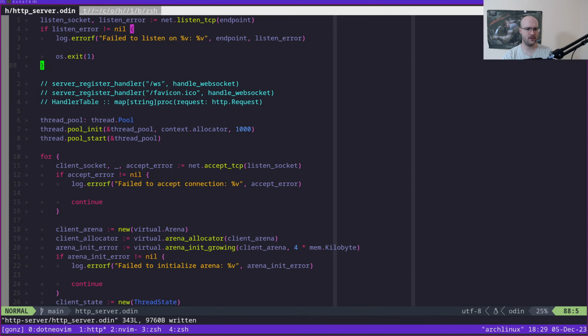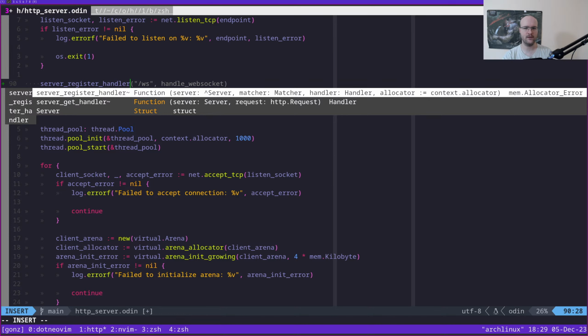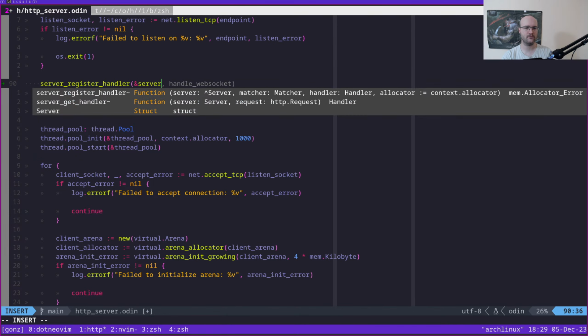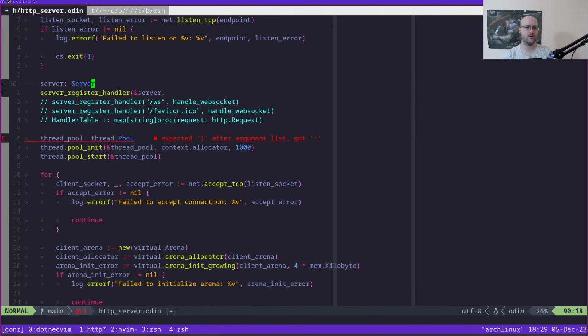So here we have the server register handler here. I think I called our thing this as well, right? We take a server here. We're gonna create a server, which is gonna be here. We're gonna start modifying this here, right? So we have a matcher here,